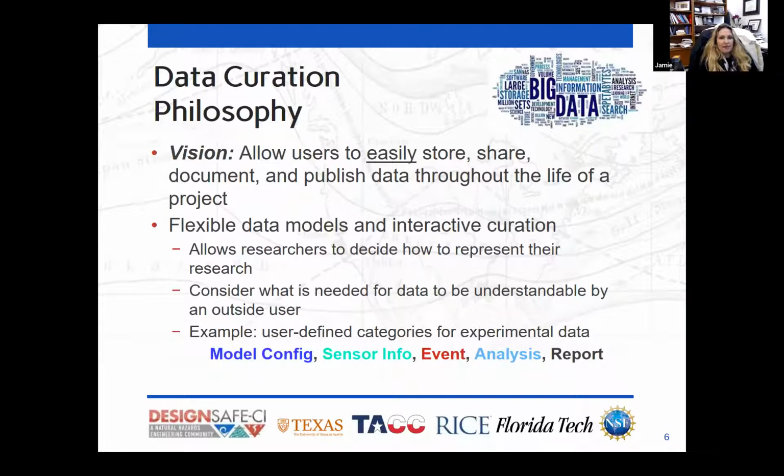It can be an ongoing process through the research timeline. I'll talk a little bit about some of the different data models already available, but the idea is to allow the researcher flexibility and oversight on how they want to organize and share their data, how they want to provide tagging with categories, for example, and allow that data to be discovered and understandable by outside users.